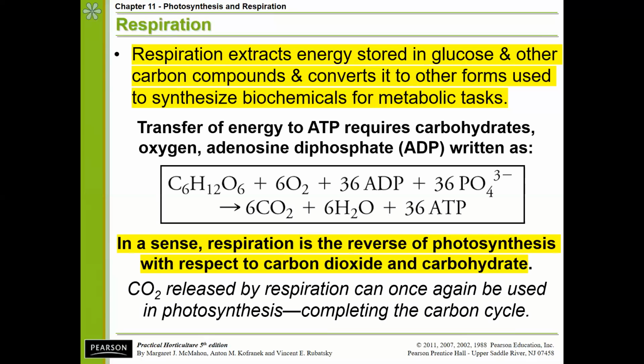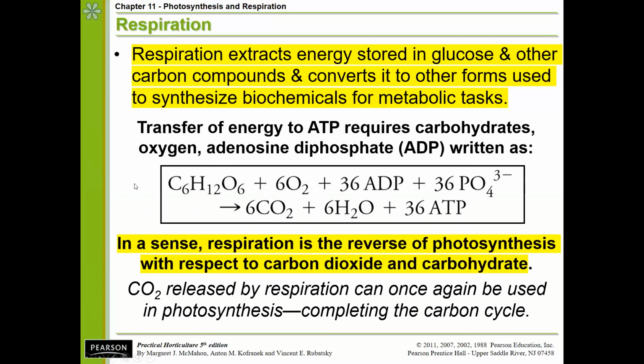Respiration involves the transfer of energy to ATP from ADP, and the chemical formula is written here. We've got glucose combined with oxygen combined with ADP plus phosphate, or phosphorylate, to get carbon dioxide, water, and